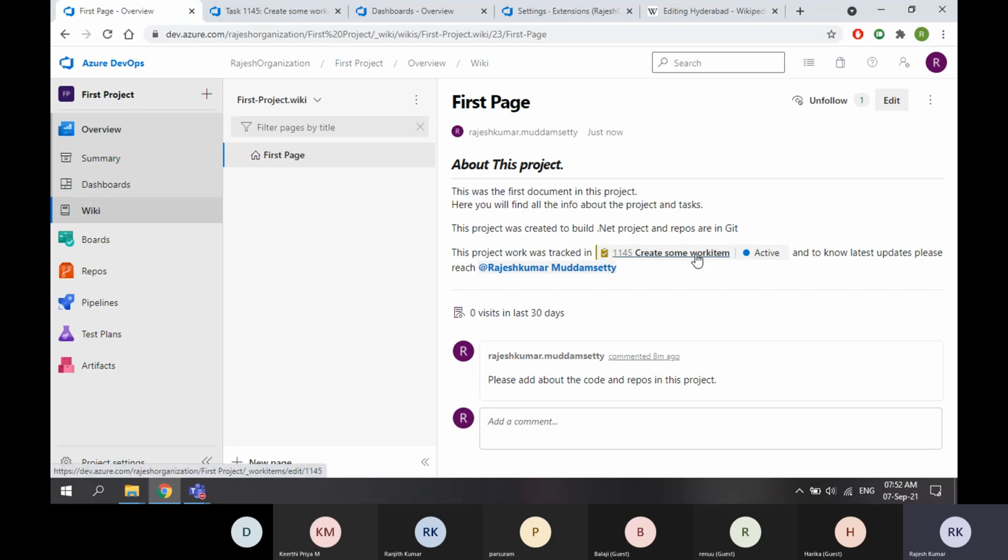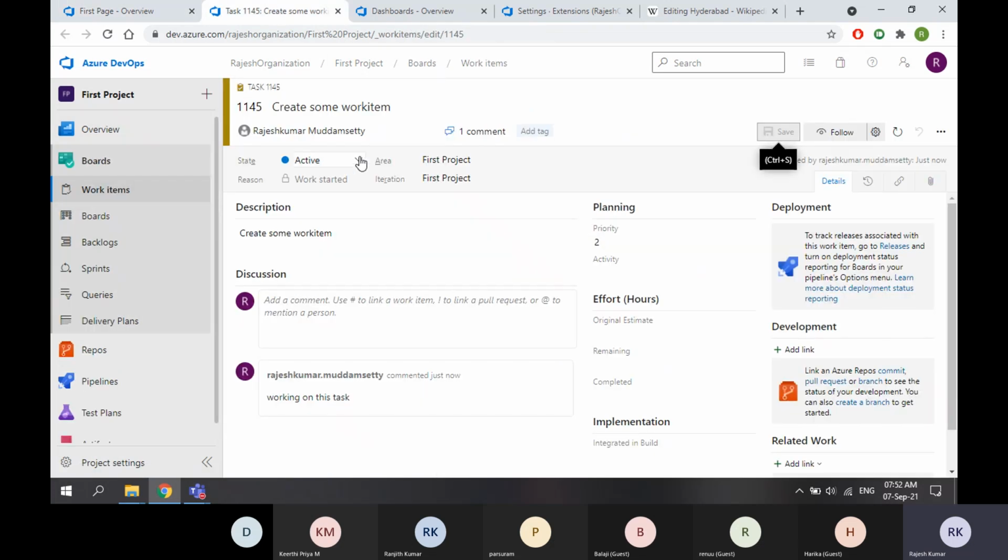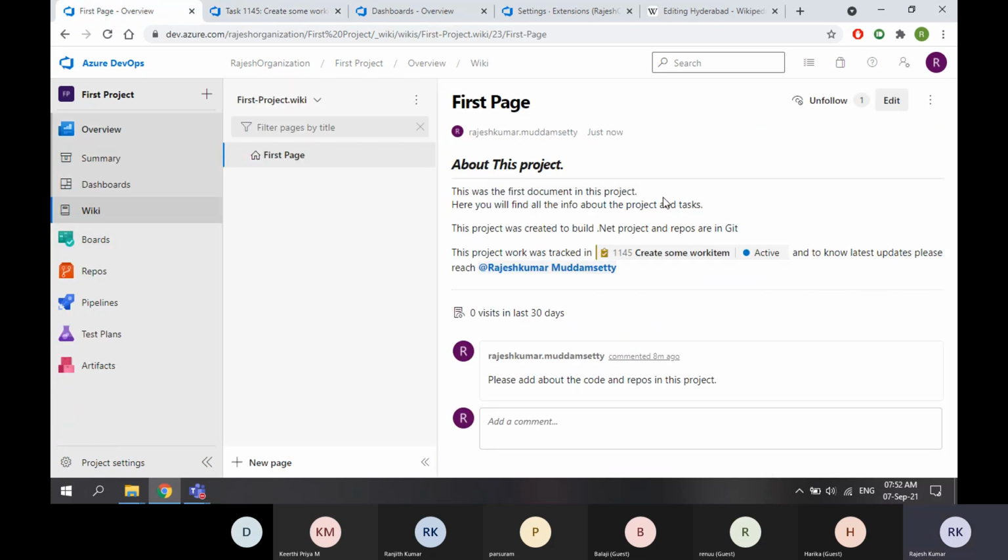So you don't need to go to the work item page to know the status of the work item. It automatically updates as per the status from the work item itself. Tomorrow someone closes this work item, the same will be updated automatically. Whenever you view this wiki page, all the work items are shown. Now this is only one, but tomorrow in your organization there will be 10 or 15 work items tagged in the same document. Then you don't need to go to each work item and see the status. All the status will be visible here. If something is open, then you can go there and verify why this is open, who is working on this.